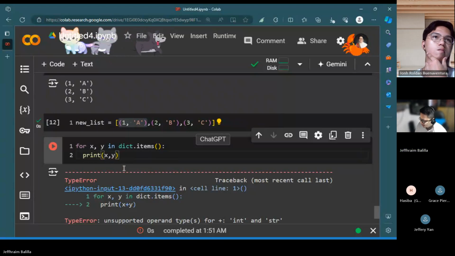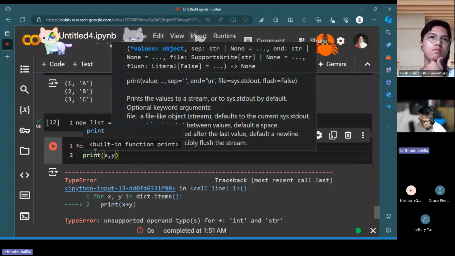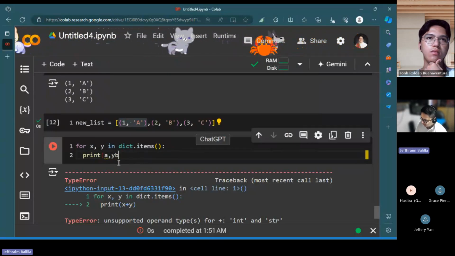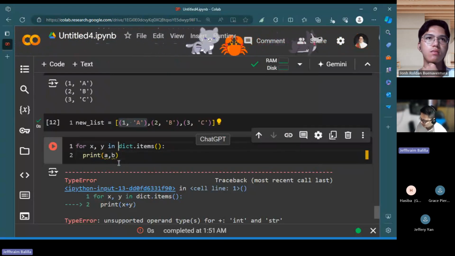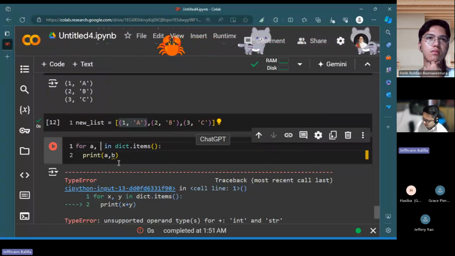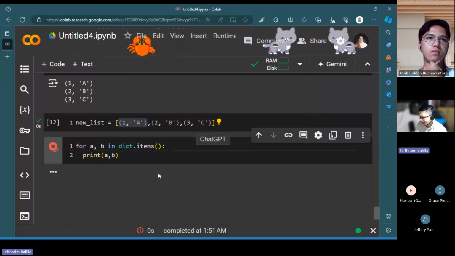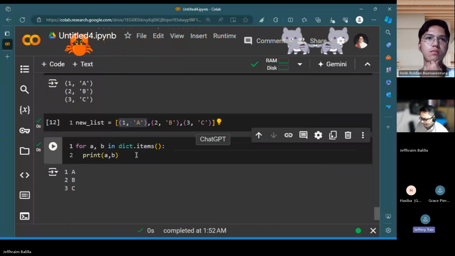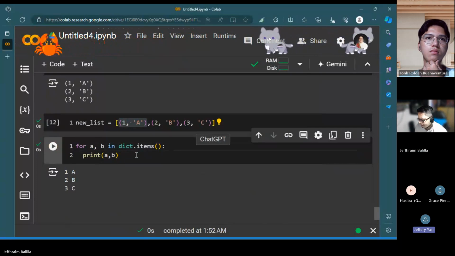Let me see. If we try changing it to A and B here, you can take any name. So if we do it for A and B, it's essentially giving you everything.